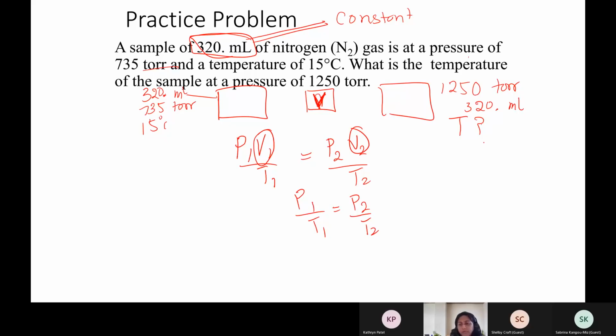We are looking for T2. So let's reorganize this equation: T2 equals P2 times T1 divided by P1. What is the other thing? We should change these temperatures into Kelvin. That's the important thing. So P2